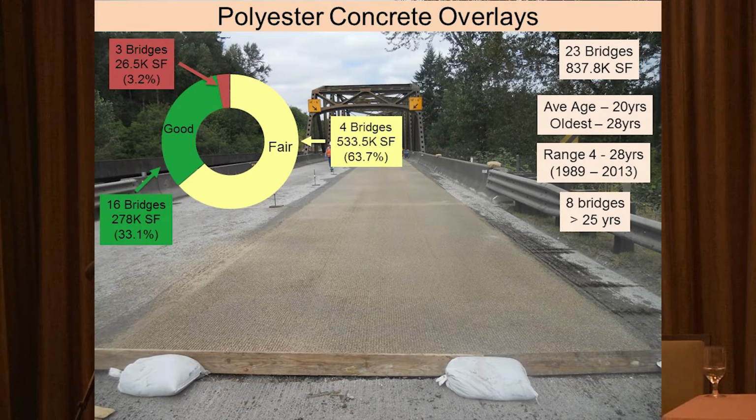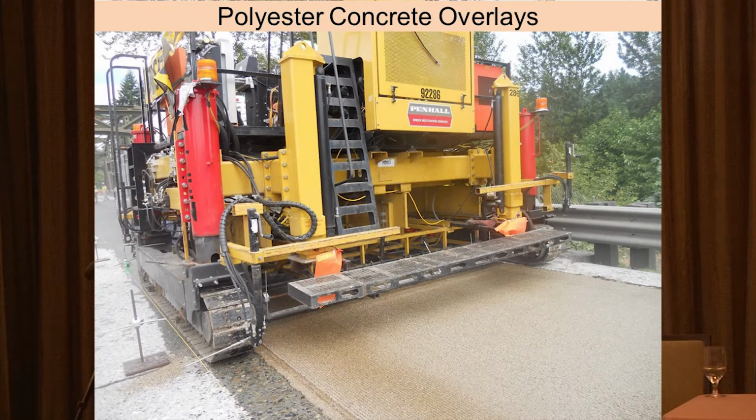And so over the time, there's been just a migration of different types of equipment. This is one we did a few years ago with a company called Pinhall, who bought up Concrete Barrier, and then they're no longer in business. So I think with different types of equipment, the polyester has really changed and is a good product for deck